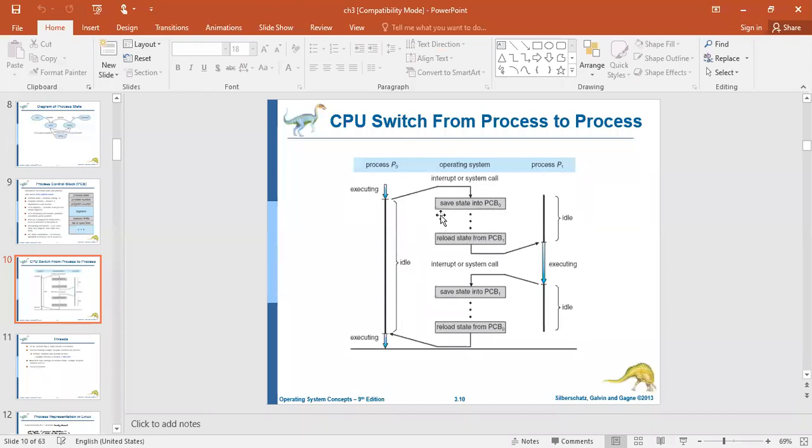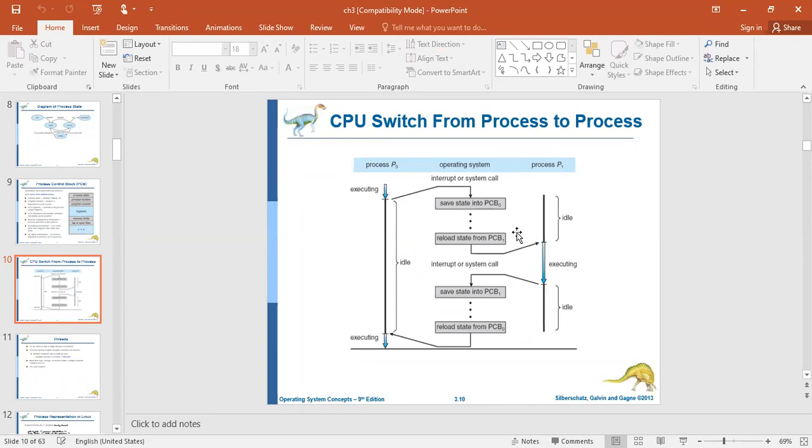Once it was interrupted, what happens in that case? Temporarily it is suspended, that means kept in the waiting state. Whatever the last instruction executed by process 1 was, that will be reloaded. Where is it available? It is available in the program counter, which is in the PCB of this particular process. And from that instruction, it starts its execution.